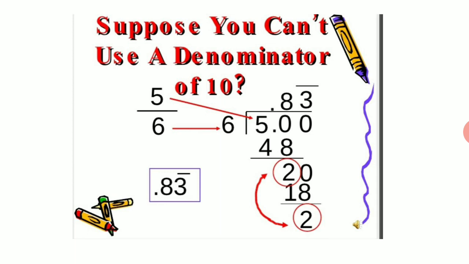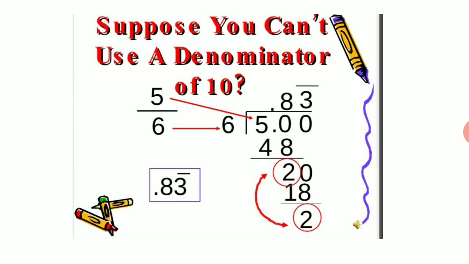Now we see how many times it goes. The number that is nearby to 50 is 6 8s are 48. So we write 48. So 50 minus 48 gives you the remainder as 2. Now since, children, we have applied already the decimal point in the first place, we can now go on adding zeros as we go on getting the result of our subtraction. So now the number we get after subtracting 48 from 50, 2, the 0 will come beside 2. Now we have the number as 20.